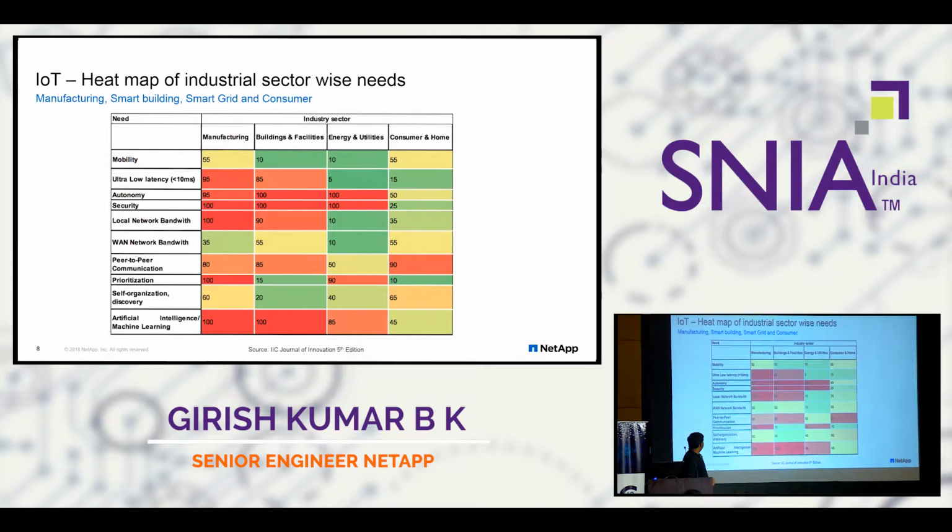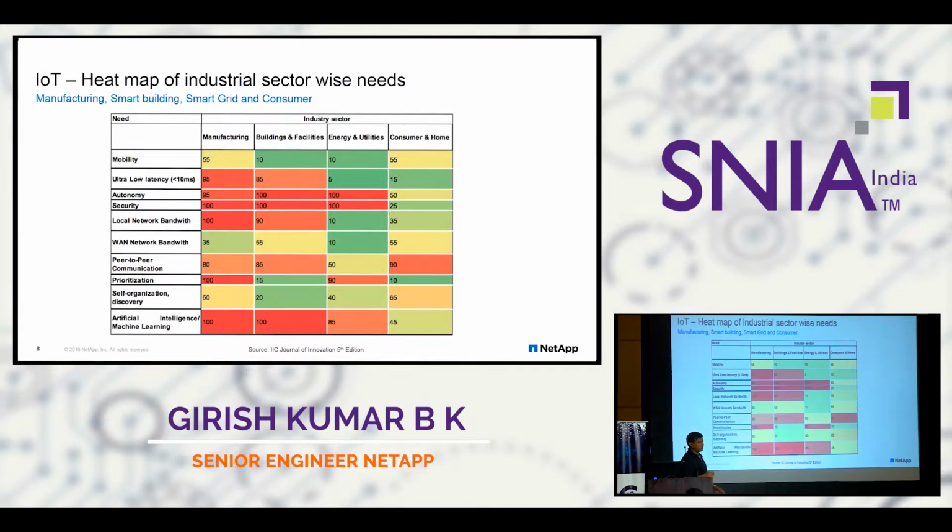The way you read this is, let's say mobility. Mobility is all about the availability of network support and wireless broadband, where your objects are moving around and need a lot of network support wherever they move. So that's the kind of requirement. If you see buildings and facilities, these are pretty much fixed properties. You fix the devices at certain designated points, and then you monitor them. You don't need complete wireless broadband where the objects are moving. So the requirement is not that much, it's 10 here.